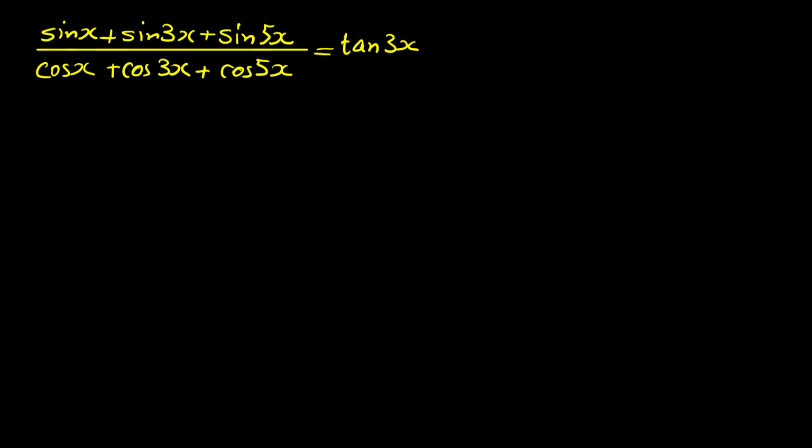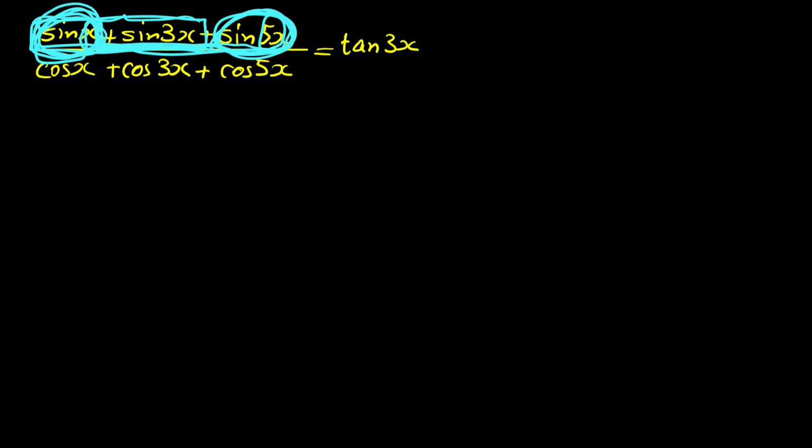So here, if we want to use sum to product formulas, it's not a good idea to consider these two as 2 terms and use sum to product formulas for these two. It's good to consider this term and the last term as 2 terms and then use sum to product for these two. The reason is that x plus 5x divided by 2 is exactly 3x. So here,